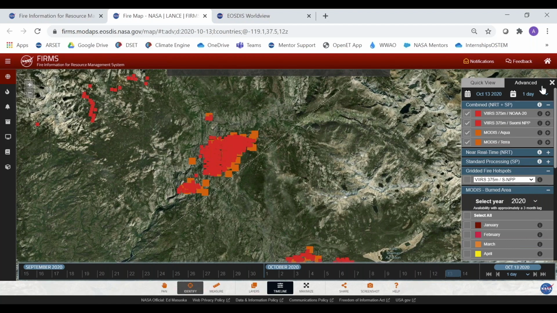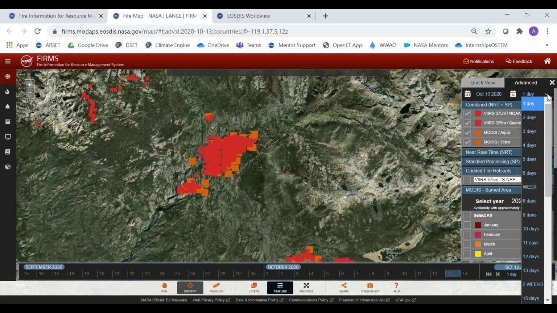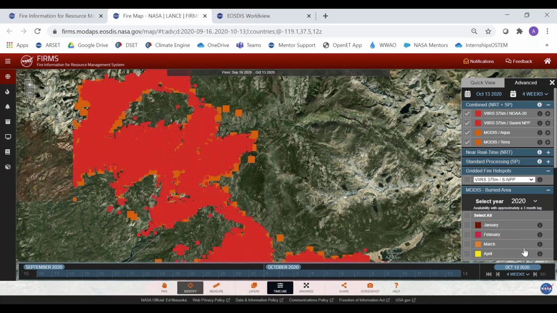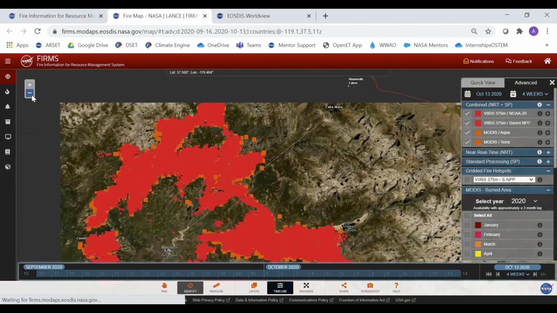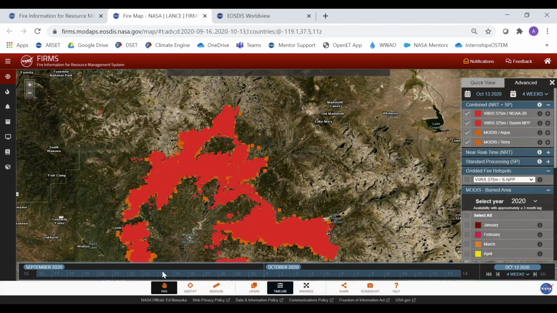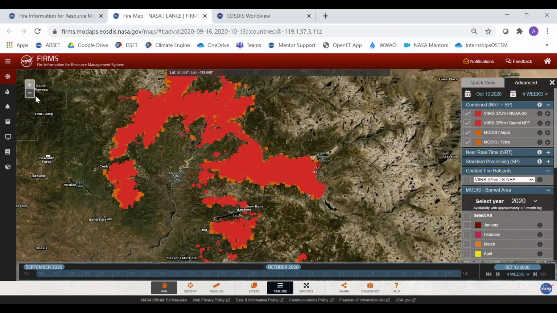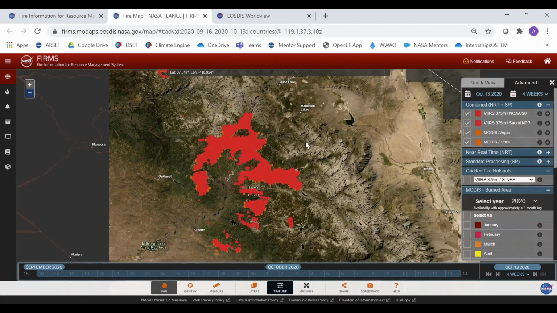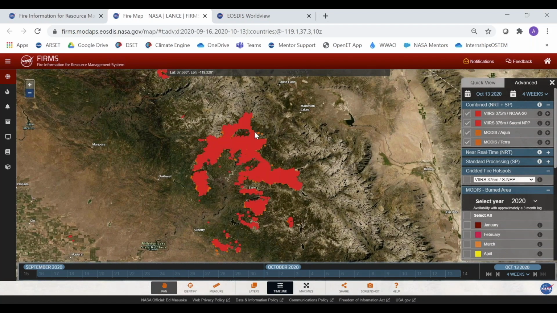And then again, as I mentioned, in the exercise itself, the start and end date might be a little different. But what you can do is look over time. For example, you can scroll down here and look at 4 weeks or a month. And what you should see in many locations, not all, is that if we look at the thermal anomalies for the entire month, many more of these red pixels pop up. So within this whole month, the fire is quite